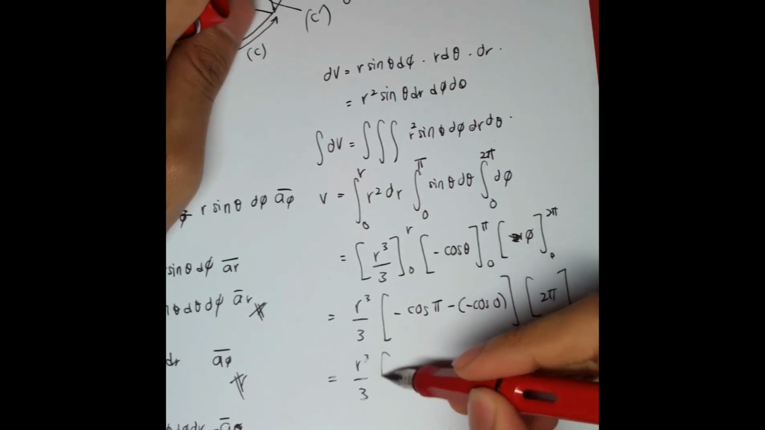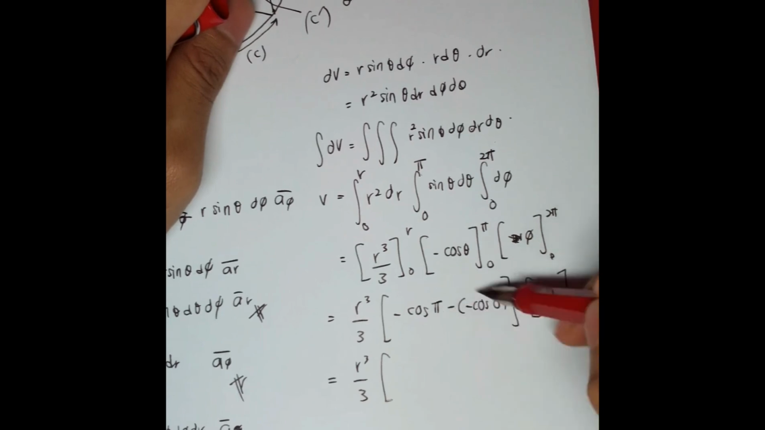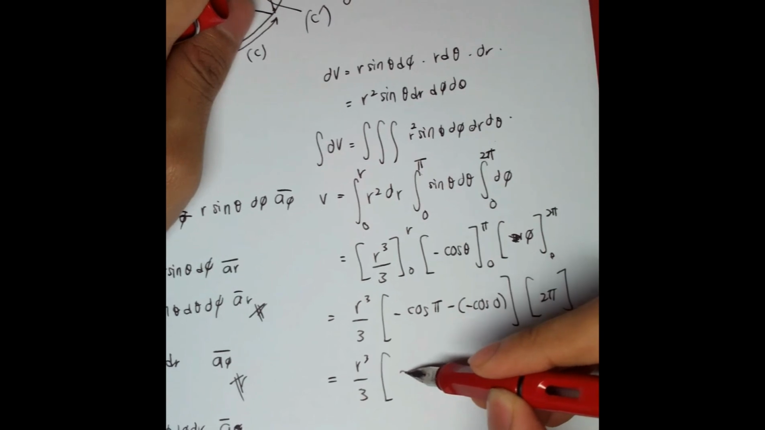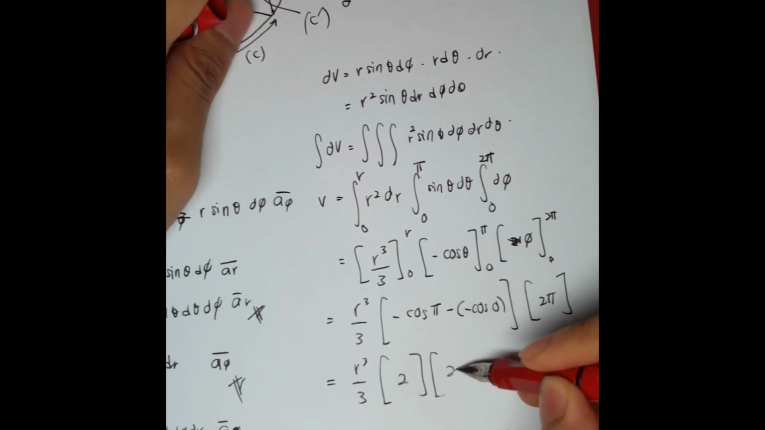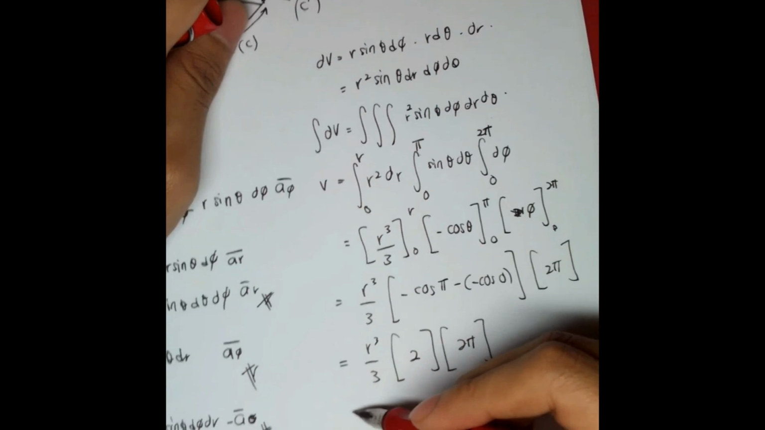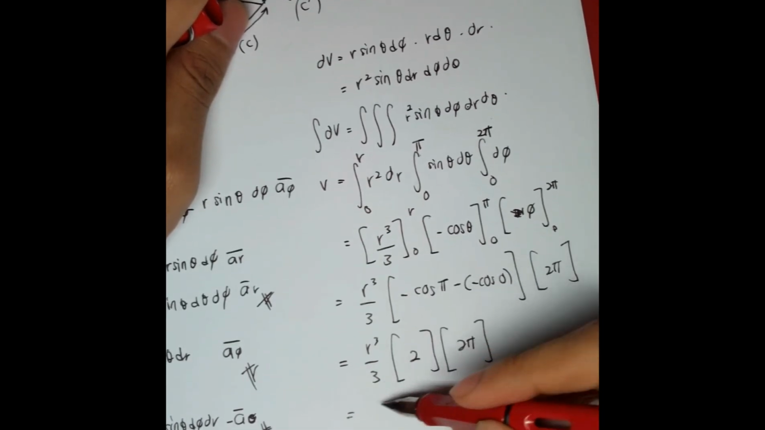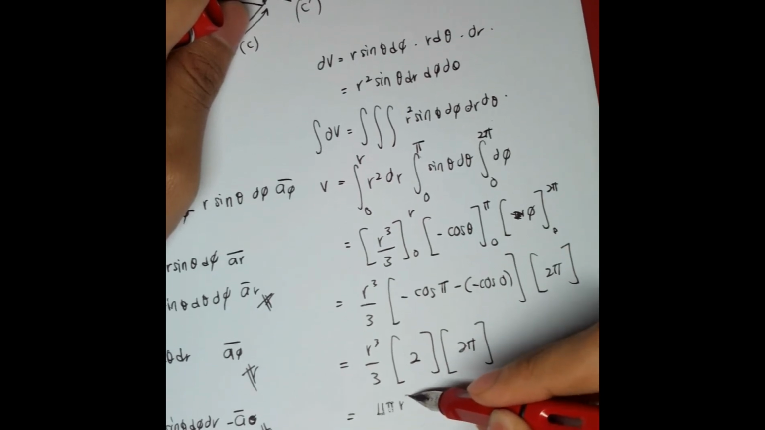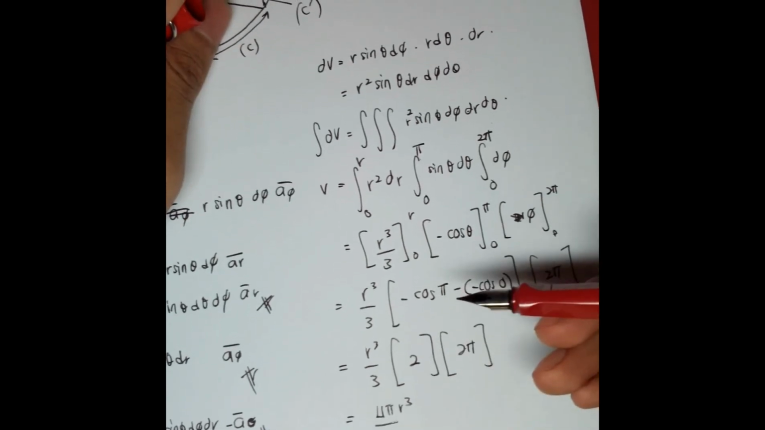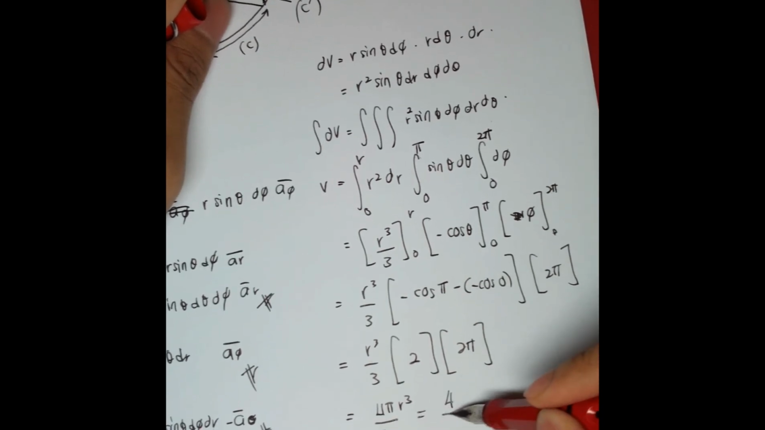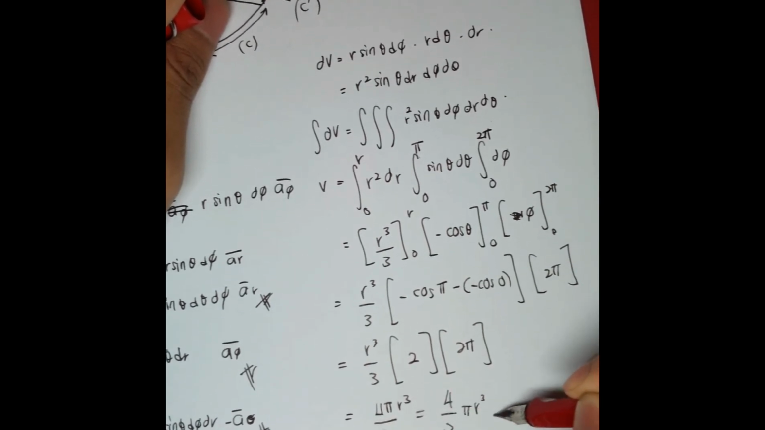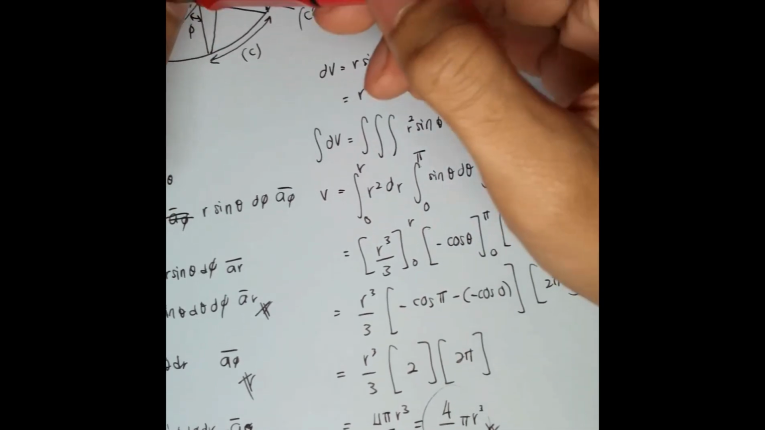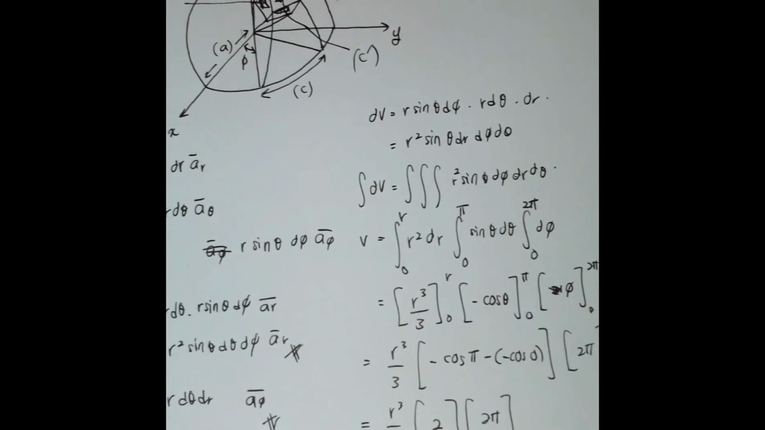After calculating this, we should get 4 pi r cube over 3. See, we should get the same as this. Now that is all for